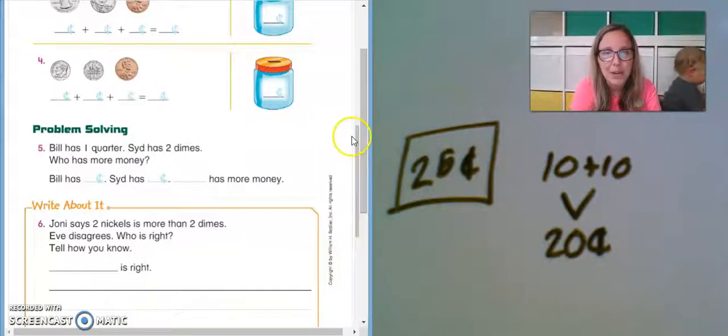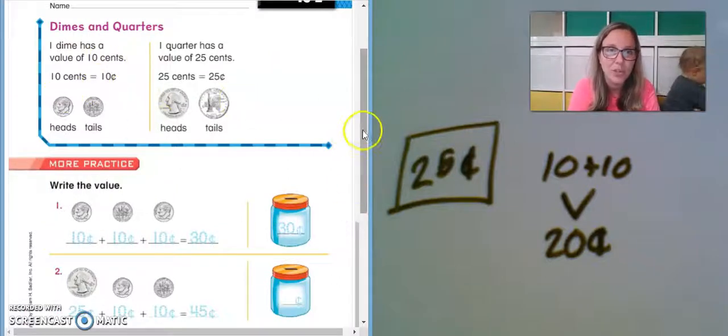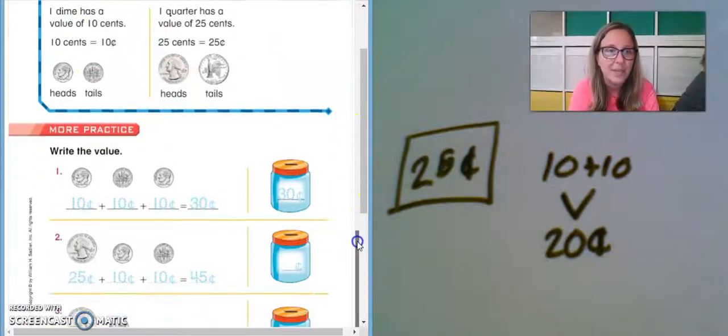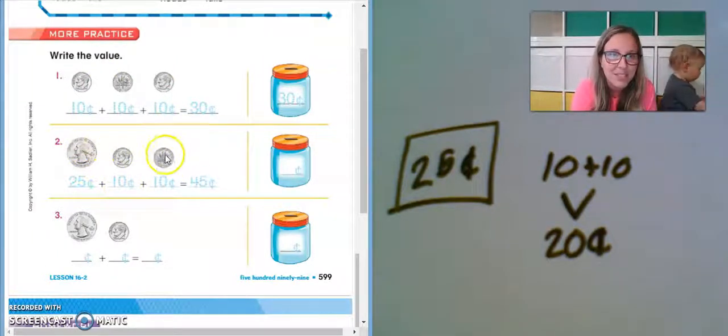We'll skip the write about it for now, turn to the top of the next page. That's just a quick review of dimes and quarters. We have 10, 20, 30, and they wrote that one out for you. Here they've started it for you. The quarter is 25, plus 10 more would be 35, plus 10 more would be 45 cents, and you can